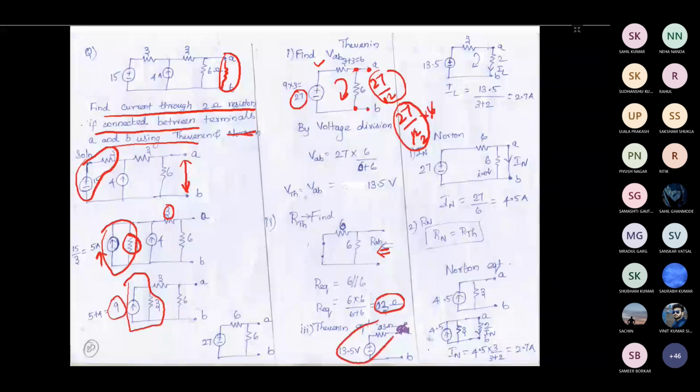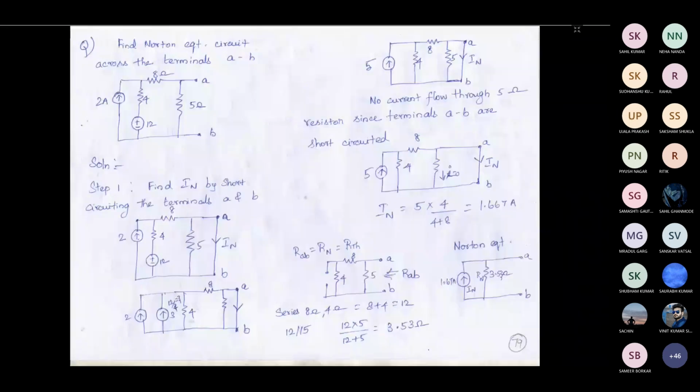Then I can just substitute or place the load resistance here, like how I have given here. 2 ohm resistor is going to be connected across the terminals A and B. So here I have connected 2 ohm resistor. So this is the RL part, and this is RTH. This is VTH. Then from this I can find the current through this path. Okay, so this is how I have to go for Thevenin theorem.